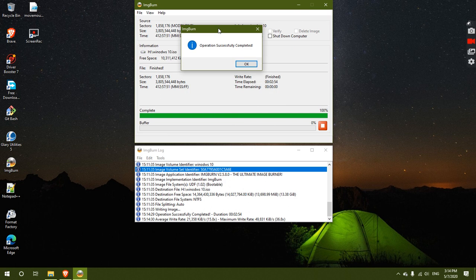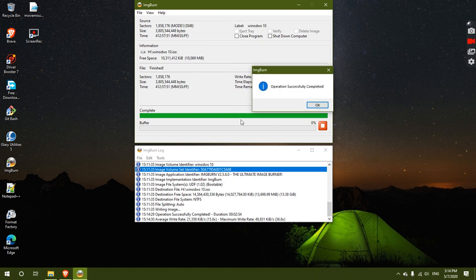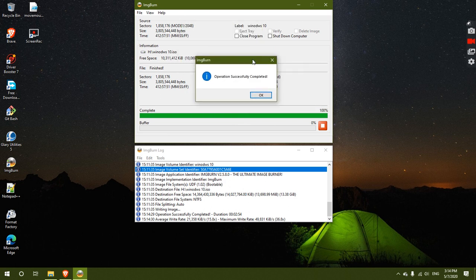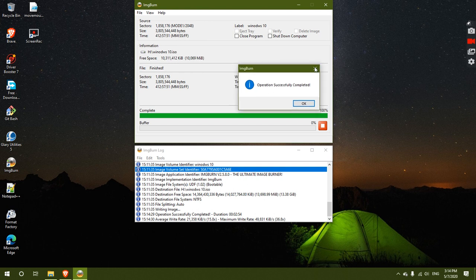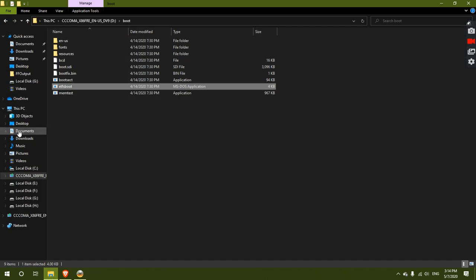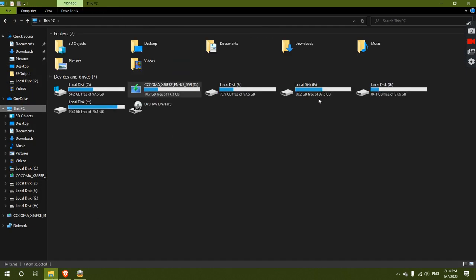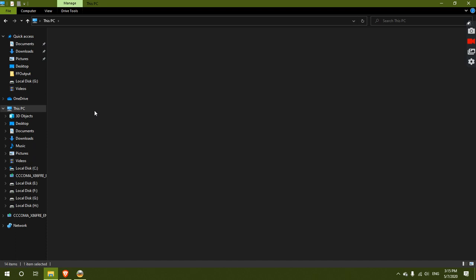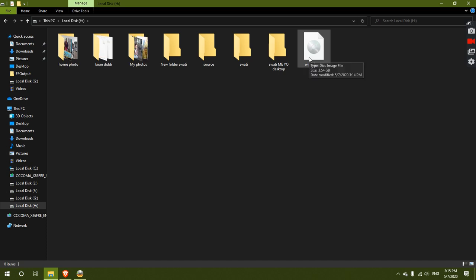So the operation has been completed successfully. You can see here the dialog box has been displayed and the operation has completed successfully. We have saved our image in the H drive with Windows 10 as its file name. We will see into the H drive whether it has been written properly or not. You can open File Explorer, click on This PC, H drive. The Windows 10 image has been written successfully. The size of the image is 3.54 GB.